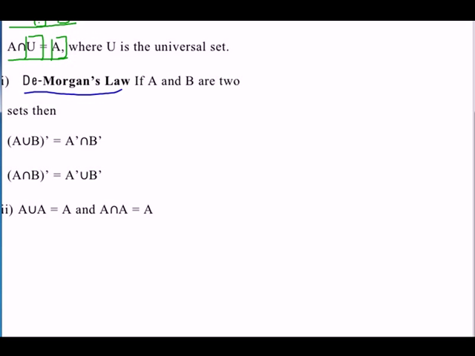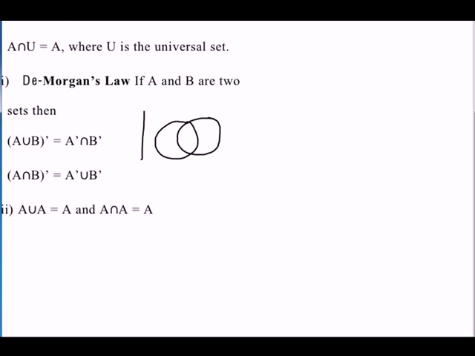So the first one says A union B complement, the comma here represents a complement, is equal to A complement intersection B complement. Now complement is basically, A complement is whatever is not in A. So if we actually draw these and see how it works out. So let me clear this first. So A union B, so this is my A and this is my B, and I'll just draw the universal set. So A union B is represented by, let me use the blue line,